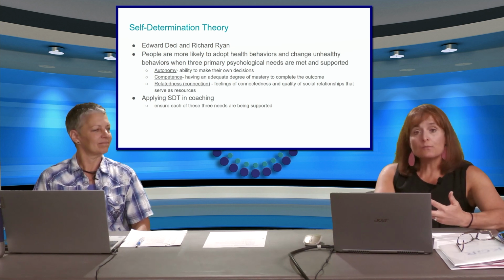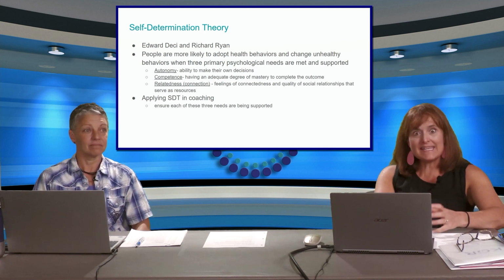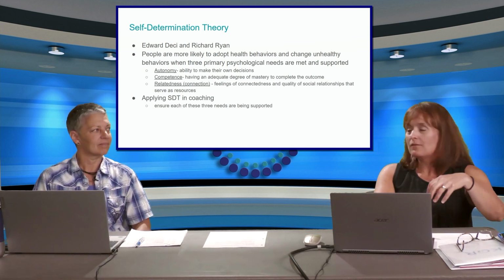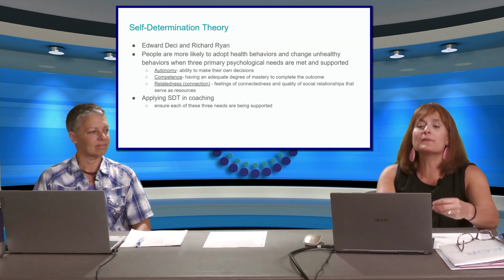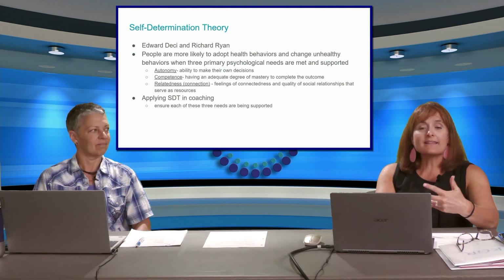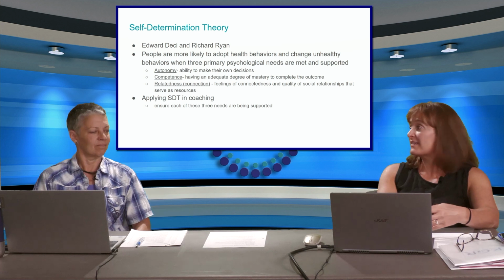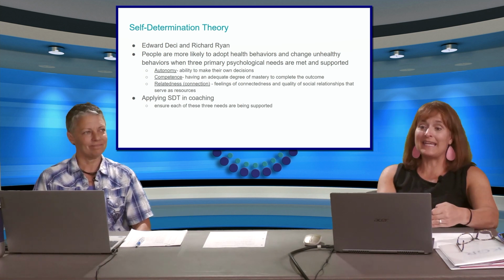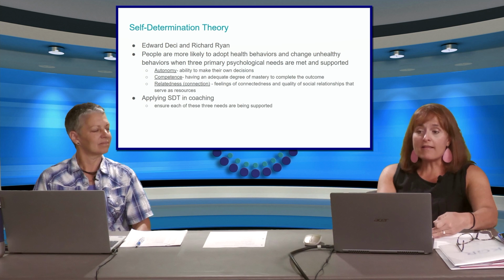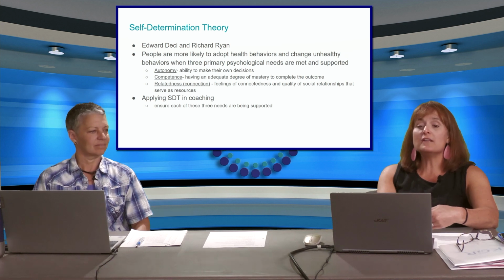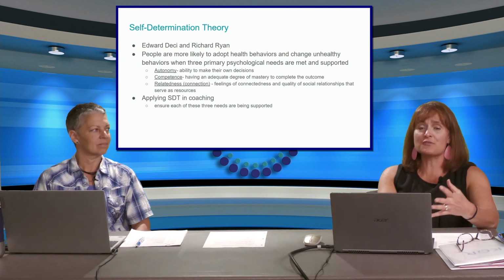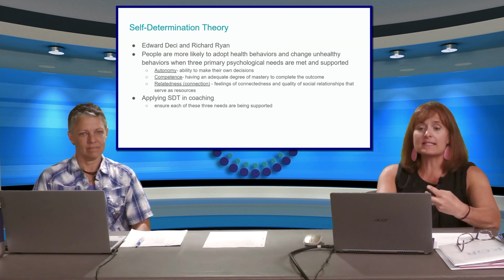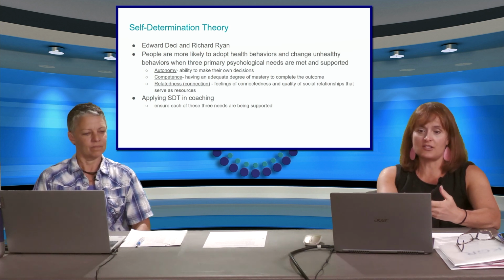They need to feel competent. When we have the confidence that, okay, yes, I can do this, then they're going to feel like, okay, I can move forward because I feel pretty good that I'm going to be able to tackle this. And that leads us into connections, and we know that our social connections can make or break us. Yep. They absolutely can. When we know that we have quality social relationships that can serve as resources, that can help us, then we know that we have those things in place that are going to help us thrive. So again, self-determination theory is really 3 big components: autonomy, competence, and relatedness, which is essentially connections.